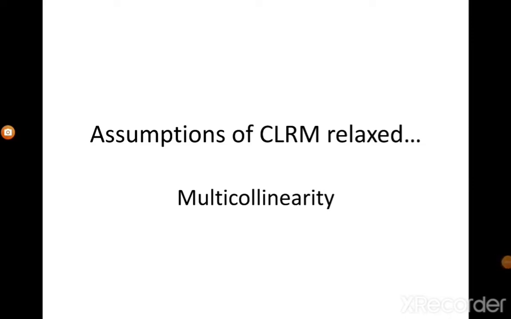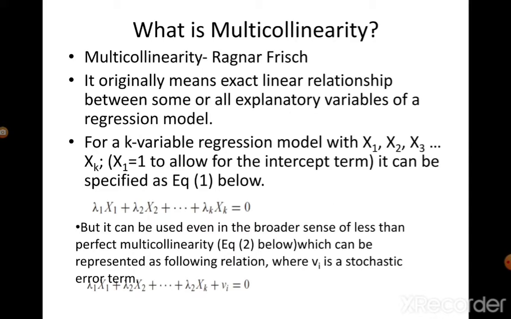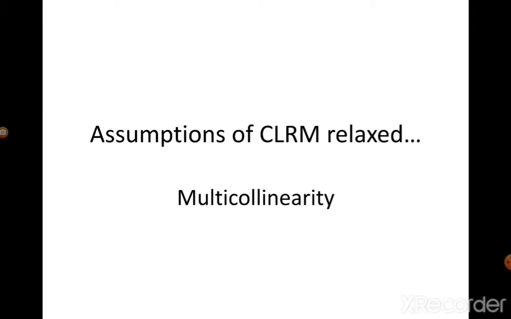Welcome back, everyone. So far, we have had a look at the classical linear regression model. We had a look at its two-variable form and also its multivariable form, where it can be extended to the k-variable model, right? And we also had a look at how, if we introduce an additional assumption about normality of the error variable, the disturbance term, we would have the classical normal regression model, and what are the advantages of the additional assumption